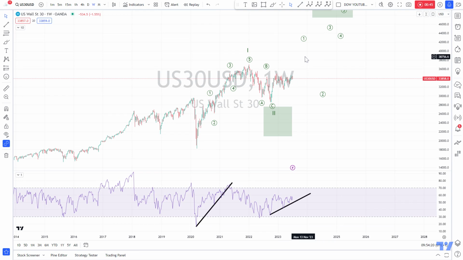My take on the Dow is that from this low here, the March 2020 lows, we did a first impulse up as a wave one. We clearly have 5 waves here. We end with divergence, so the cycle up ended here, in my opinion. Then we did a correction to the downside as an ABC structure. An important remark is that we did not reach the 0.5 FIB retracement here.